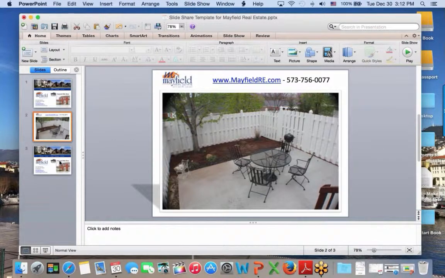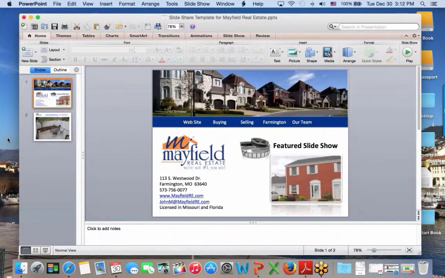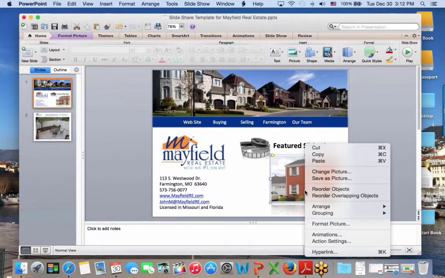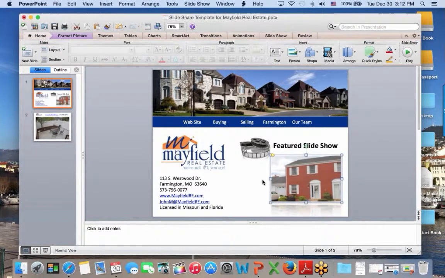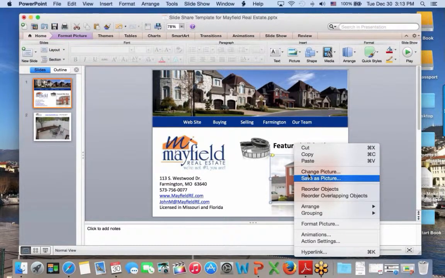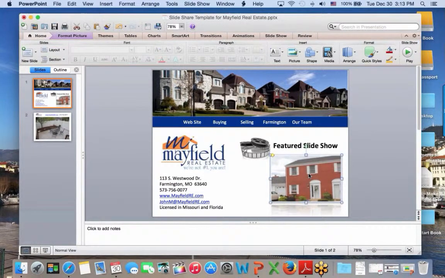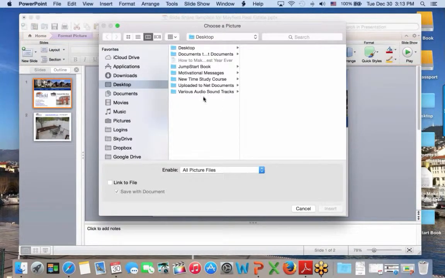Now I'm going to go in and actually build a quick PowerPoint and show you how quickly I can do this. I'm going to delete that slide, but remember I need one at the beginning and the end. So first of all, I'm going to change this picture. I'm highlighting this picture right here on the front page, and if you right click your mouse, you have the option to change the picture. See that right here? All I did was highlight the picture one time, right click, change picture, and now I'm going to go find an exterior picture